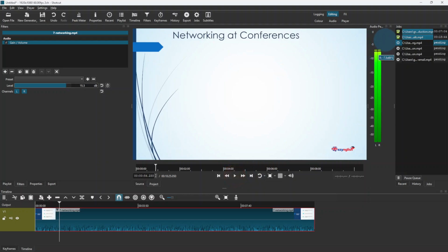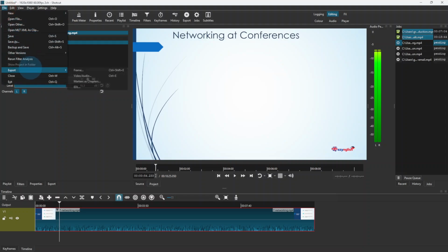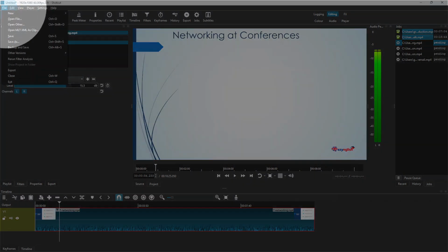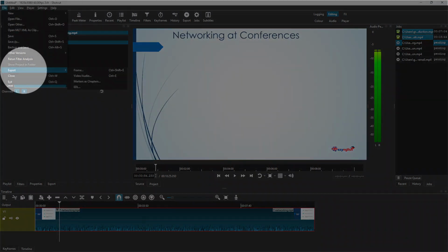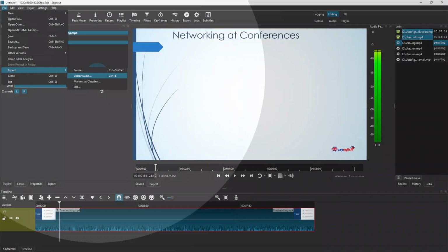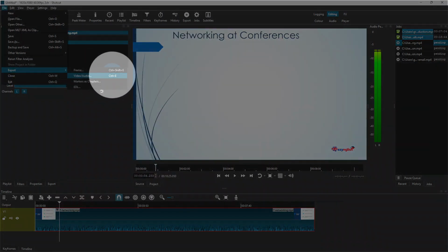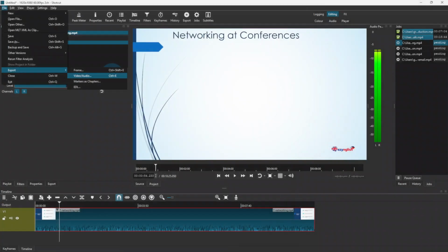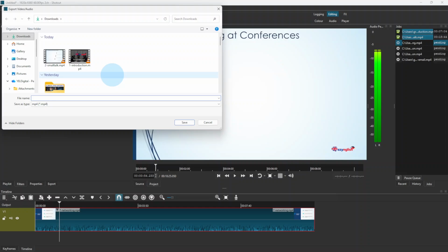So as we can see here, with this increase of 15 decibels, now we are staying in the green zone. This is done. We can now export our video and the sound will be increased to the desired level. So we go to the File menu, then select Export, then Export Video Audio. You can also use keyboard shortcut Ctrl+E. Then enter a name for your file,